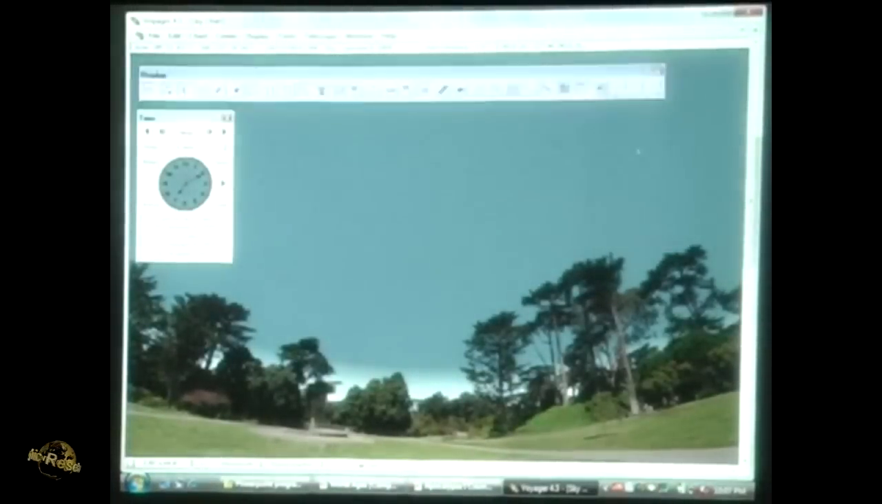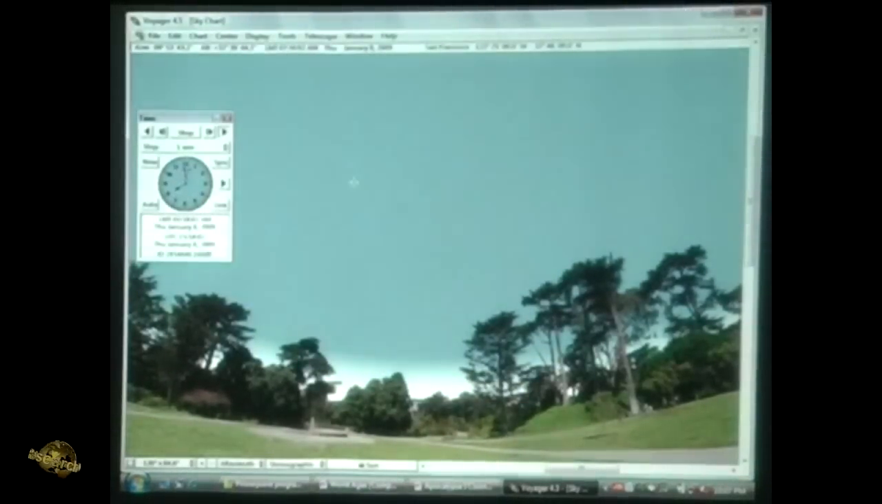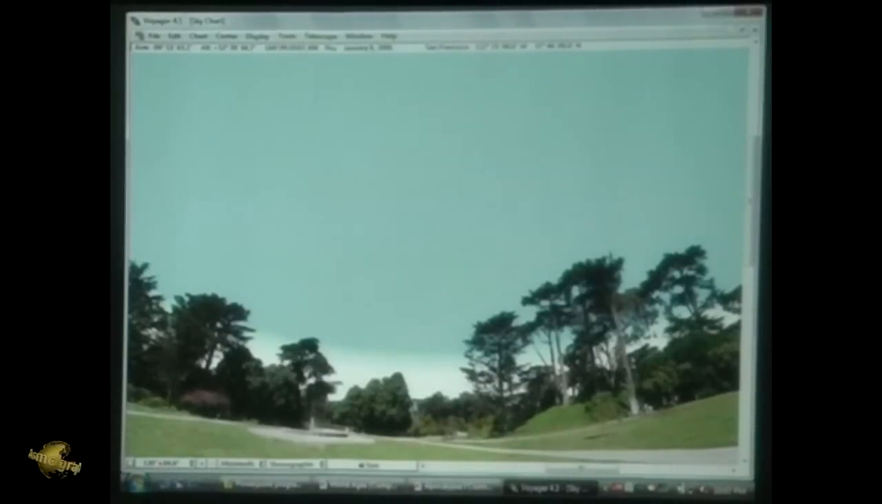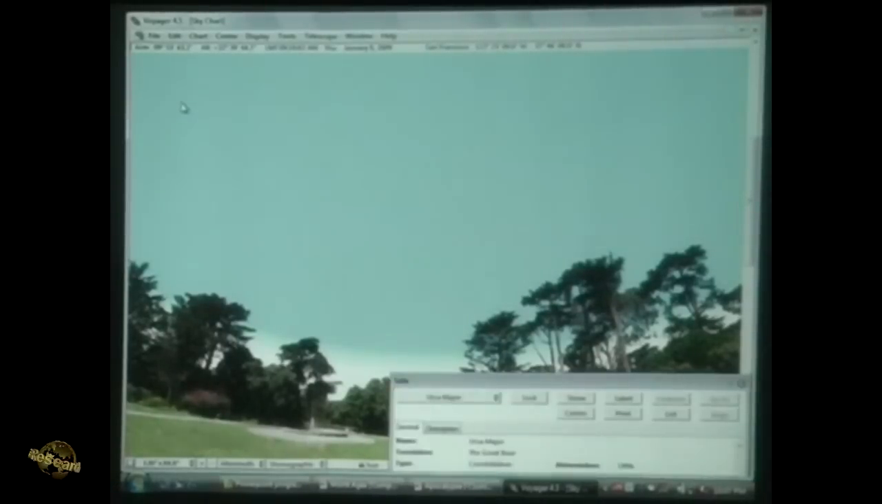And so you're progressing it from today's date? Yes, and okay, here's tomorrow morning. The sun has come up. Now I can stop this, but what I want to do is go back to, let's see,